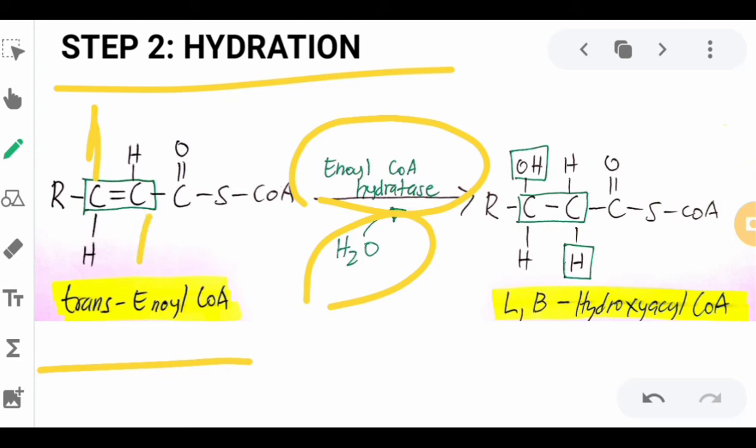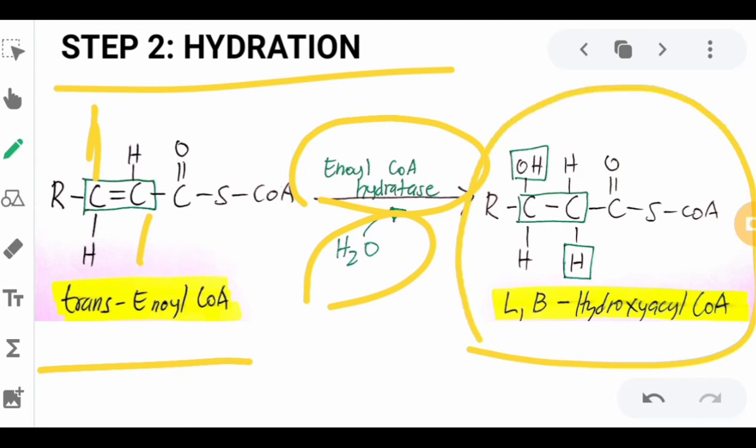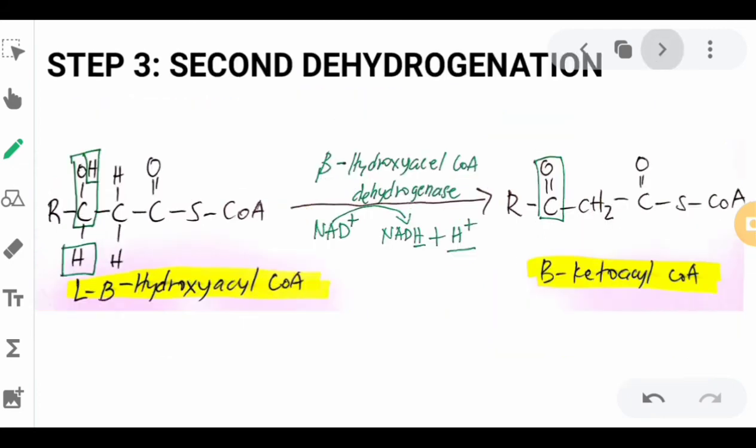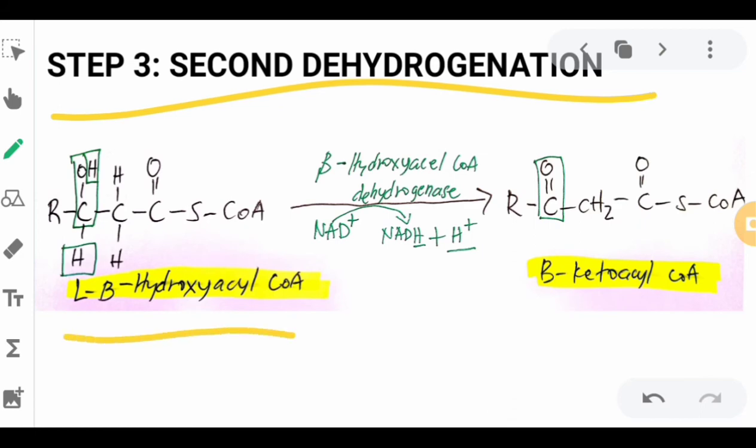So you now have the L-beta-hydroxyacyl-CoA. You have your hydroxyl and the hydrogen, which is from the water that has been added in the reaction. And now you have the L-beta-hydroxyacyl-CoA, which will undergo step 3, the second dehydrogenation. We will remove a hydrogen here for the second time. So the L-beta-hydroxyacyl-CoA, with the help of the enzyme beta-hydroxyacyl-CoA